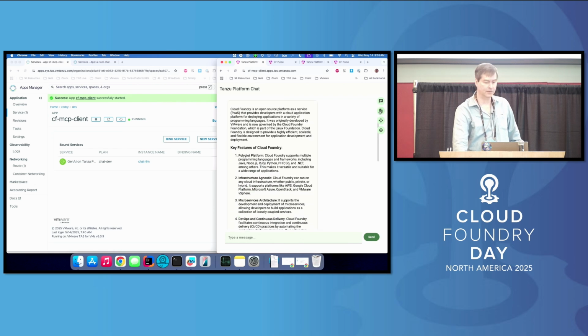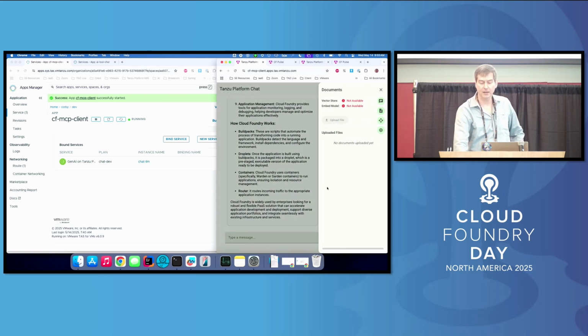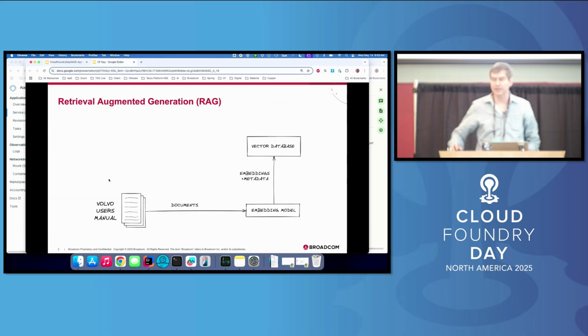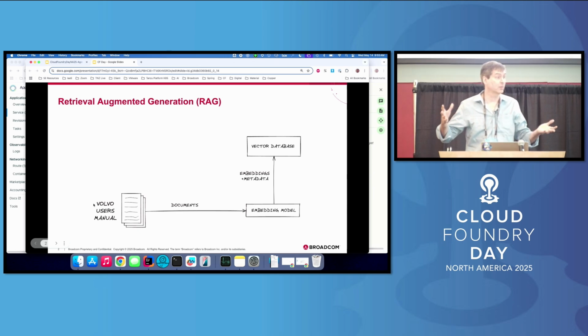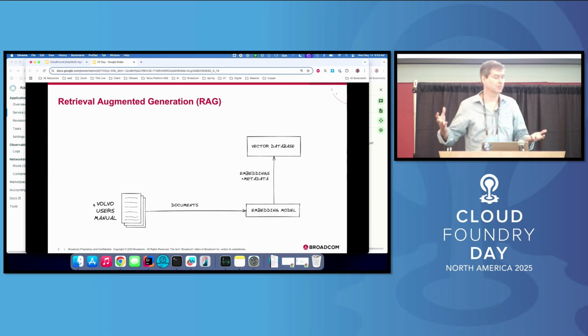And in order to do that, we're going to have to use the RAG model. Here's our response on Cloud Foundry. And if I take a look over here, what is required by a RAG model? Well, we're going to need a vector store, and we're going to need an embedding model. Why is that? Well, the way that RAG works is that when I want to index a document or data source to be able to query, that document is going to get run through an embedding model. It's going to create a semantic index of the document, and it's going to store it into what's called a vector database, which is optimized for storing these embeddings.